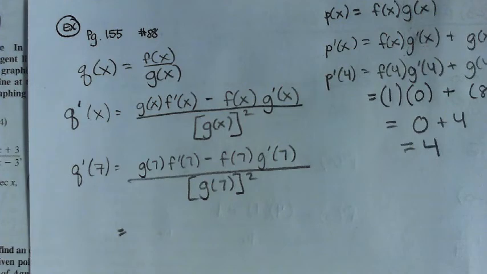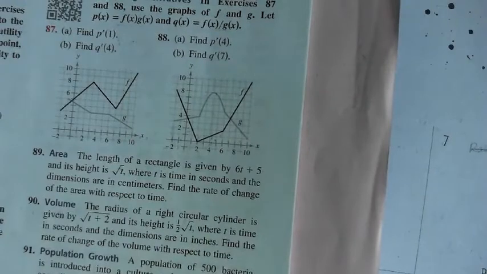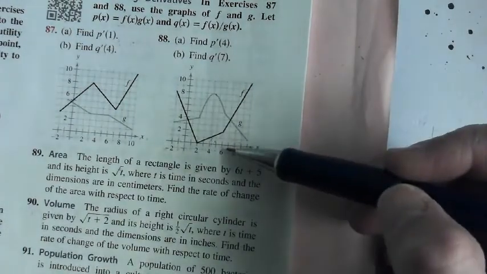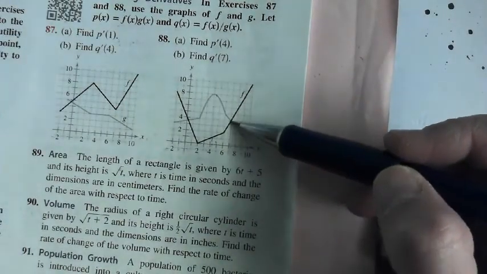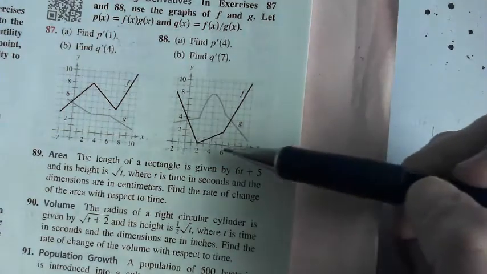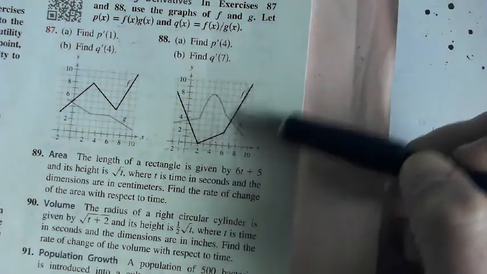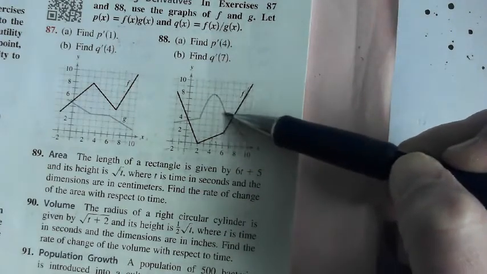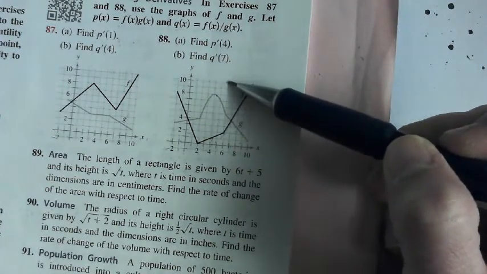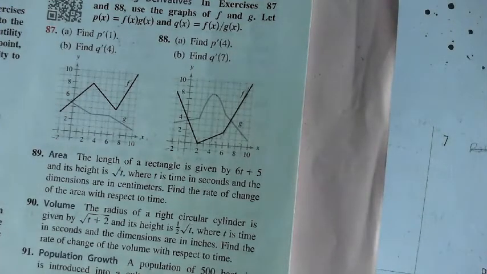Are we ready? It's a big maze. What is g of 7? 4 times the derivative of f at 7. So again, at 7, the f function is linear, so we just got to look at the slope of that. Rise 1, 2, 3, 4, 5, 6, 7, 8 over 1, 2, 3, 4. What's that a slope of? 2. Minus f of 7